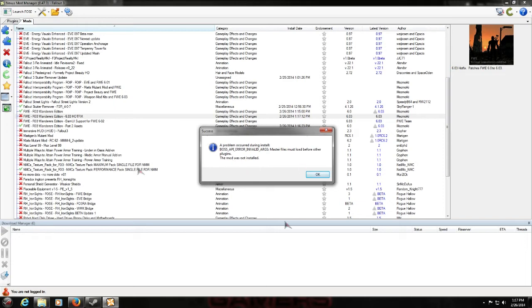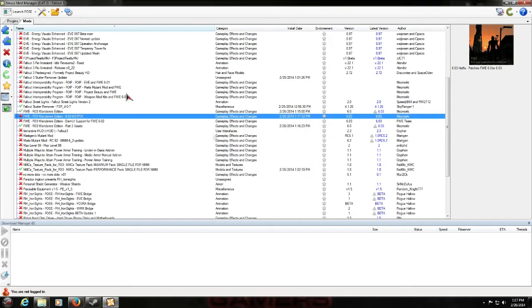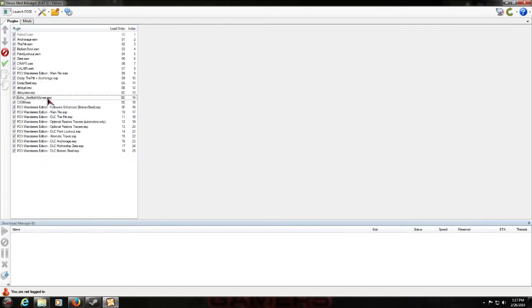See, we get this right now. A problem occurred during install, BOSS API error. Master files must load before other plugins. The mod was not installed. Now this is because originally,